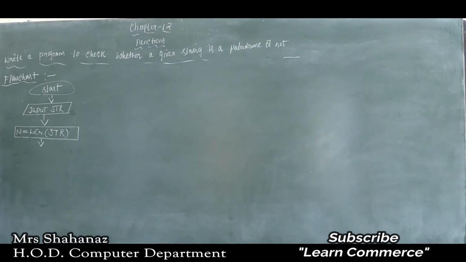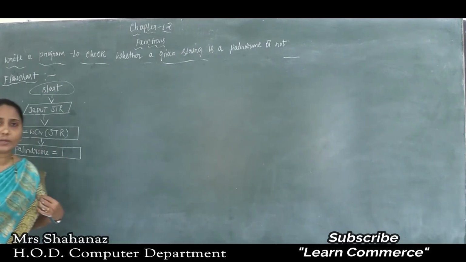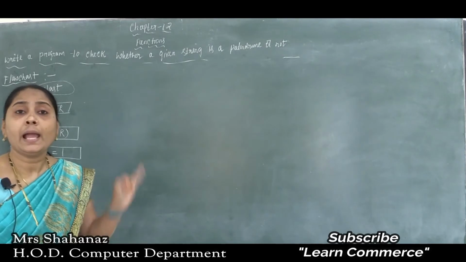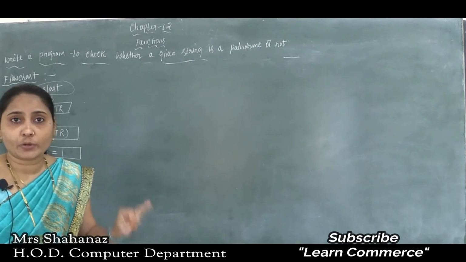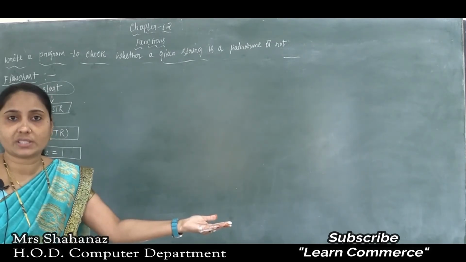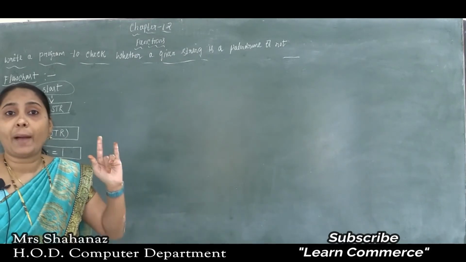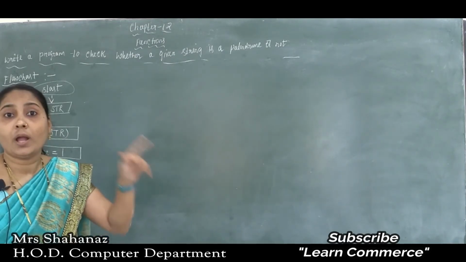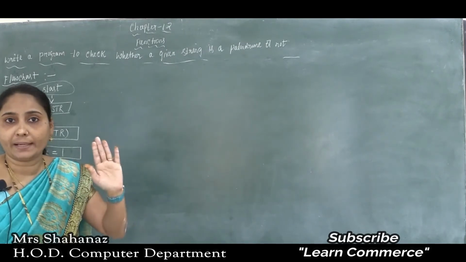And later after that I also need to use some initialization of the variable, and we know the meaning of palindrome value equal to 1. What's the meaning of the palindrome value equal to 1? That means the given word is a palindrome. In case you are using palindrome value equal to 0, that means not a palindrome word. We already used one example, class, correct? No, class, that means it's not a palindrome word here.